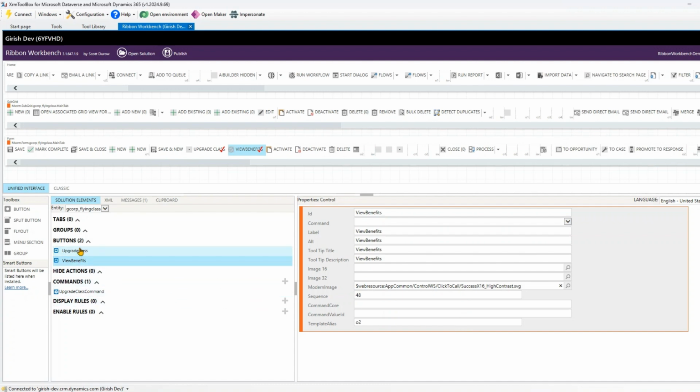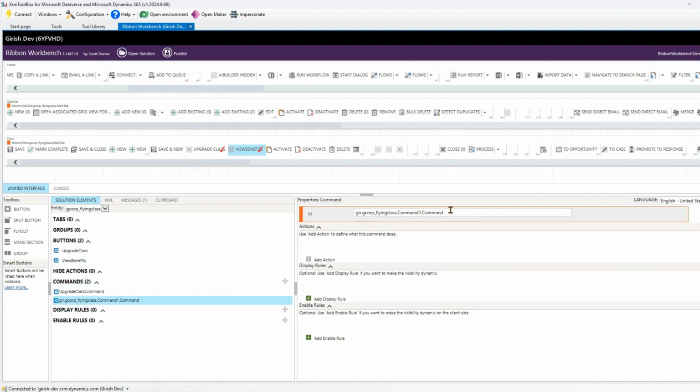Once you create a button, in the command I see only the Upgrade Class command. Now I need to create a command which will allow me to navigate to a hyperlink. For that, you go into the command over here, click on plus over here, and then type in what you want. So we will just say View Benefits Command,